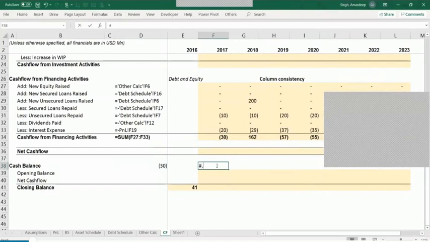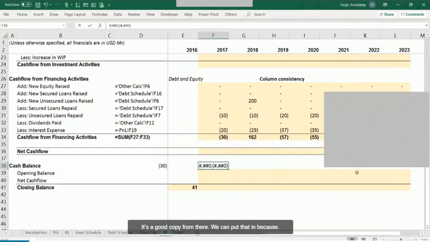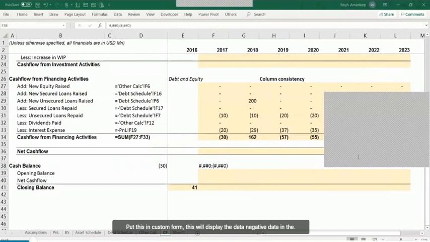Let's say we put hash comma hash hash 0, and then a semicolon, and then in the brackets you put hash comma hash hash 0. This is what you could put in the custom formatting. So let me just put that in the chat window so you can copy from there. You can put that in the custom formatting. Put this in custom formatting. This will display the data, negative data in the